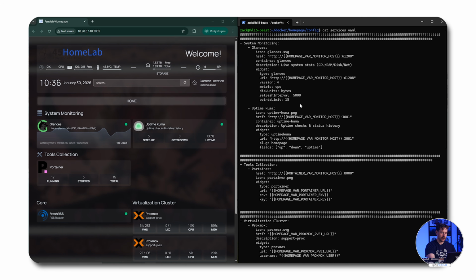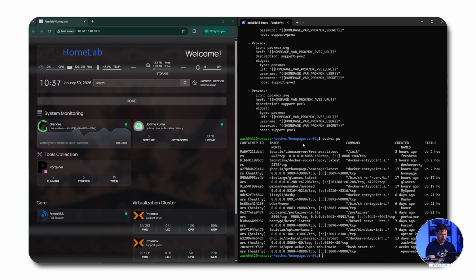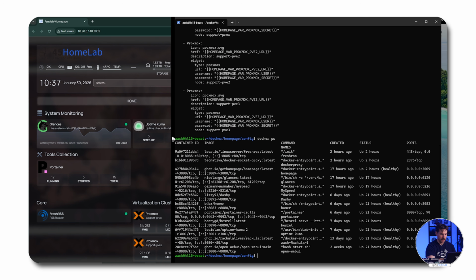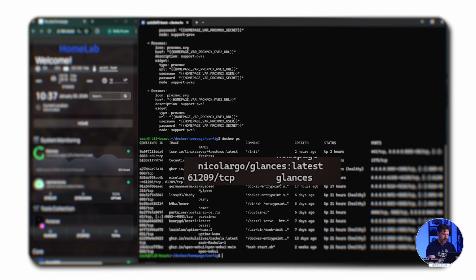So this is going through, we'll start with glances here. So we have our icon set, our href. So that is using our environment variables. So we don't have anything plainly in our YAML. Our port here, then the container itself. We're taking the container name. So if we do a Docker PS, we can see that we have glances once I actually level this out a bit. So if we go down and glances right here, and a little hard to see just because it is scrunched up,